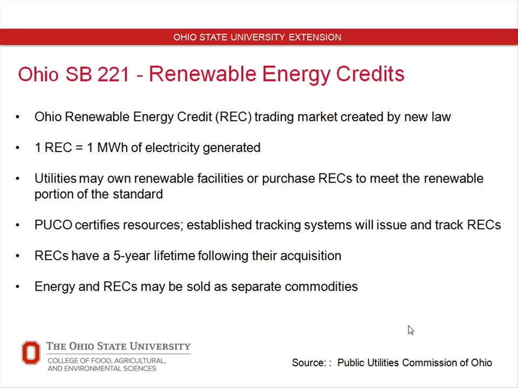So one way would be to actually own a system. As the owner of a system, that's a long-term approach. They would own the electricity generated. They, as the system owner, would own the renewable energy credits. Another option is to actually purchase the renewable energy credits from other systems. And so that's the value, that's the connection between you investing in your home or business and this policy.